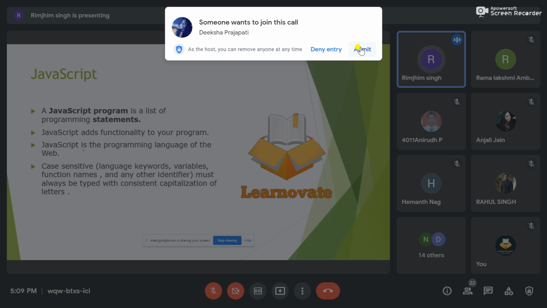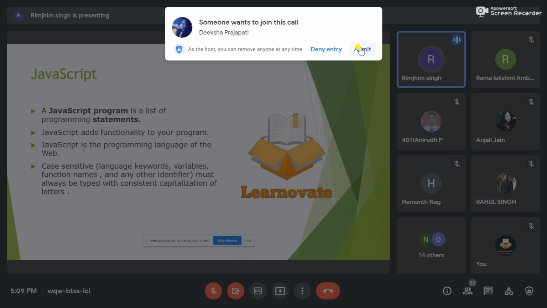Whenever I'm declaring my variables, or whenever I'm declaring any kind of functions in my program, I always have to make sure I'm using the correct case, for example with the getElementById keyword. Whenever I'm presenting my labs to you, I'll show you how the case sensitiveness matters whenever I'm writing a JavaScript program.